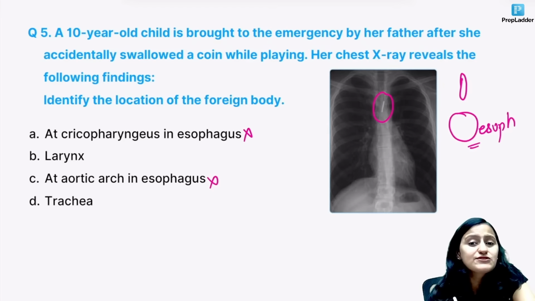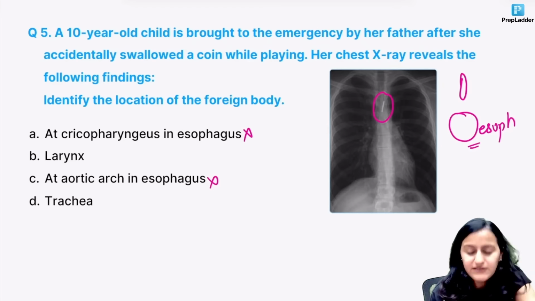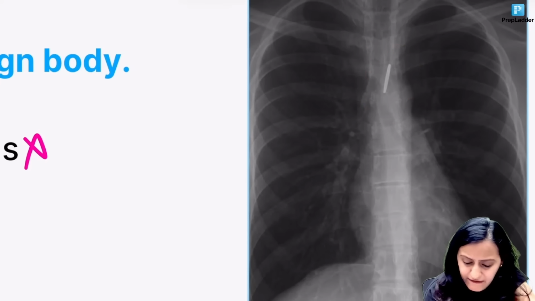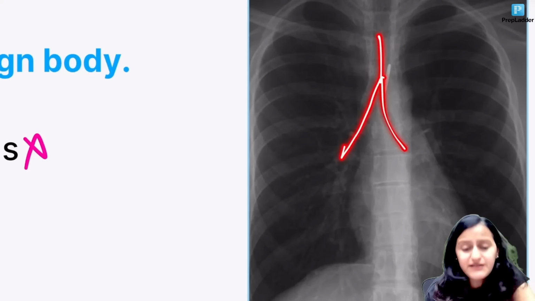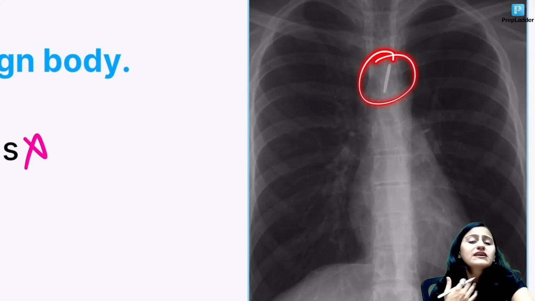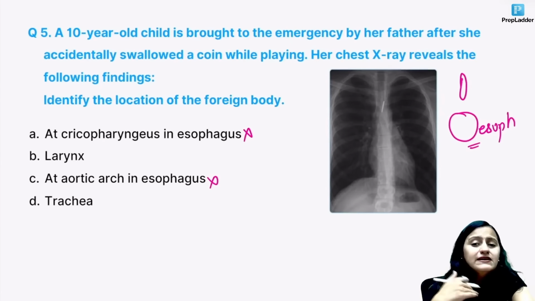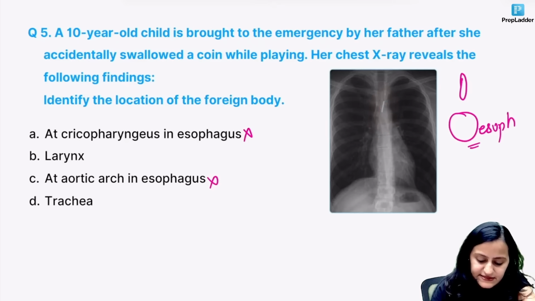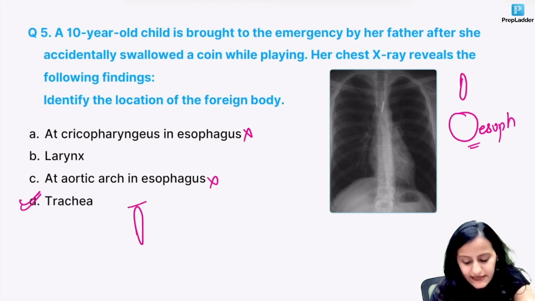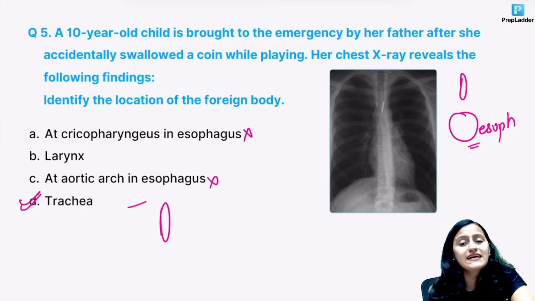Is it in the larynx or is it in the trachea? Look at the level. If I zoom in the image here, have a look here. This is the trachea dividing into the bronchi. So this is definitely in the trachea. This is a very much lower level. The larynx is at the above level, higher level. It is not in the mid thorax. So this is not in the larynx. This is going to be in the trachea. Remember the foreign body in trachea. When I write T, remember it like this. The foreign body in trachea is slit like on the AP view.